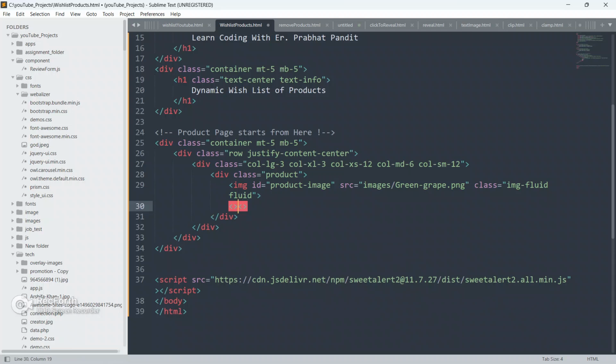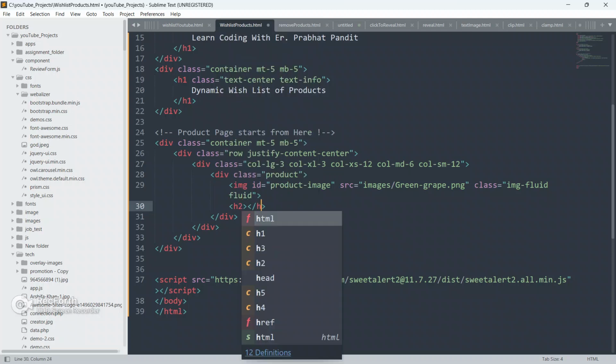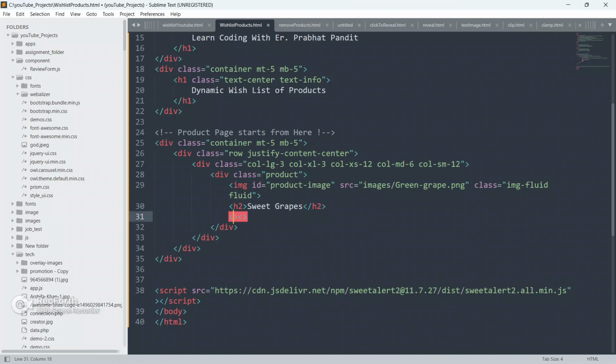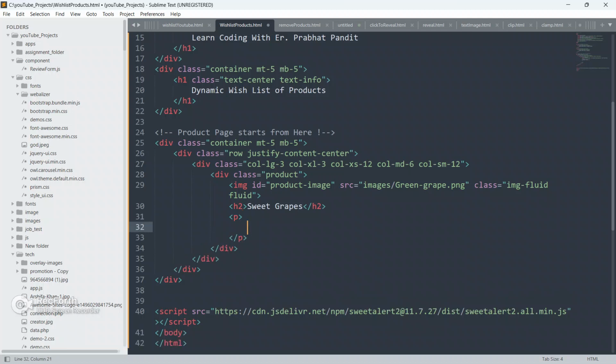Below this image guys, I'm gonna create an h1 element, or to create an h2 element, no issue at all. So I'm gonna give the name of the products. I'm gonna give the product name sweet grapes. And below this h2 I'm gonna create a p element, and inside this p I'm gonna write some descriptions about the product.